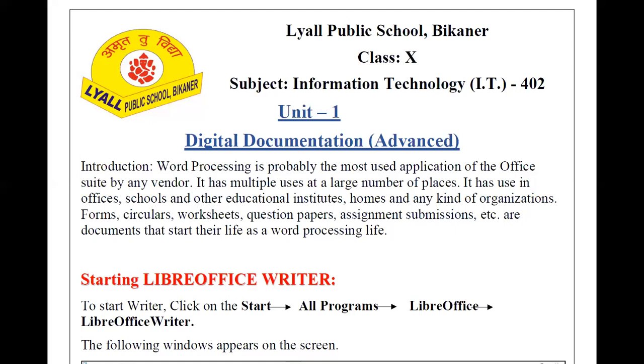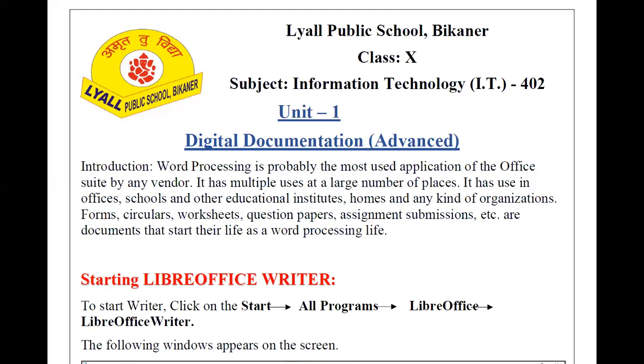So it is used in offices, schools, and other educational institutes, as we discussed, homes and any kind of organization. If you want to write your personal blogs, then you will obviously choose MS Word. And forms, circulars, worksheets, question papers, assignment submission, and the list is limitless. So digital documentation we are using everywhere.